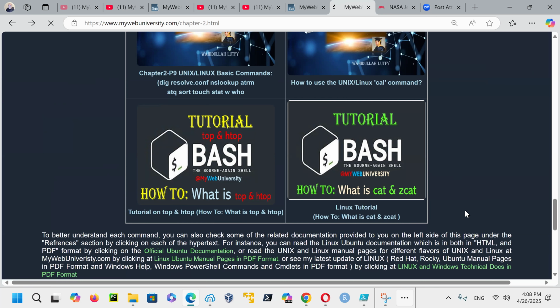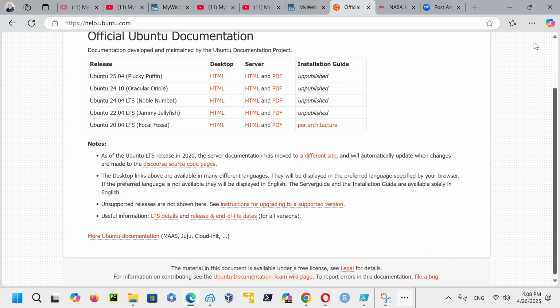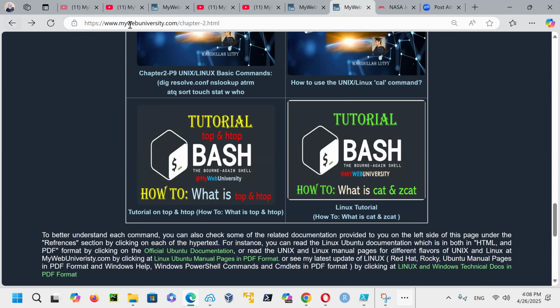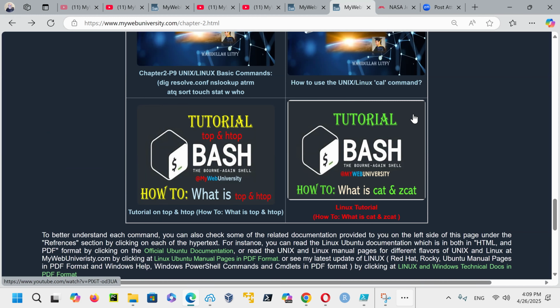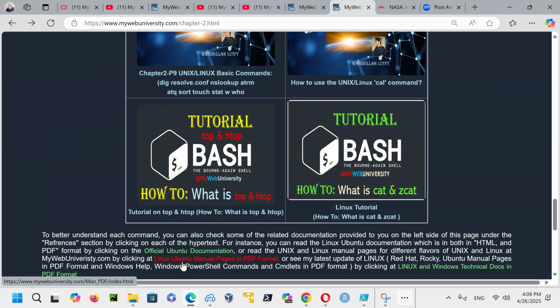Then you can just go in here and get all the HTML and PDF files. So learning it online by platform, it's all intuitive, you can come to one website, MyWebUniversity.com, and I provide you everything. But then they say, well, do you have something for me on manual pages that I can get on Linux Ubuntu? Yes, I do.